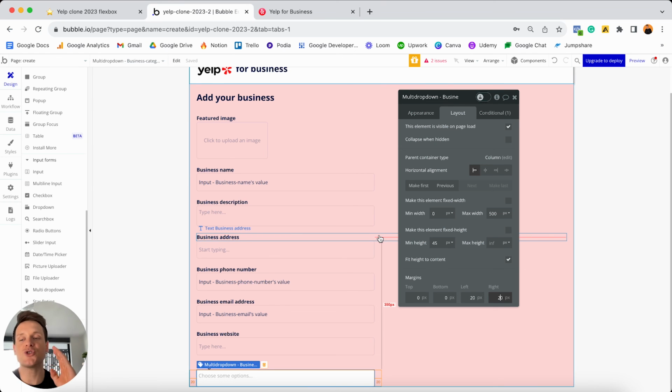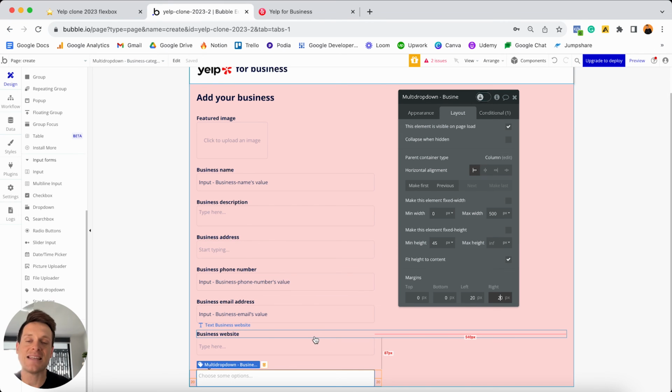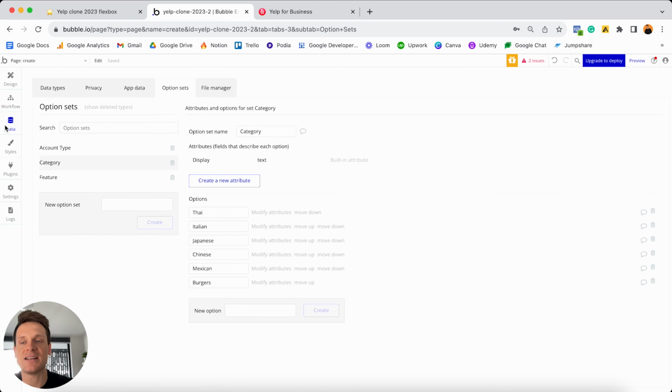And then we have just one last input field to display, and that's actually another multi-dropdown menu. And this input field's just going to allow our business owners to select all of the features for their listing. So once again, if I quickly just divert and open up my data tab, under our option sets, we had another list of options known as the features. So these are all of the unique features that a restaurant could list. And so similar to our multi-dropdown, I want a restaurant owner to be able to select from multiple features,